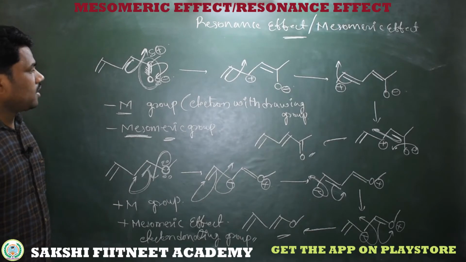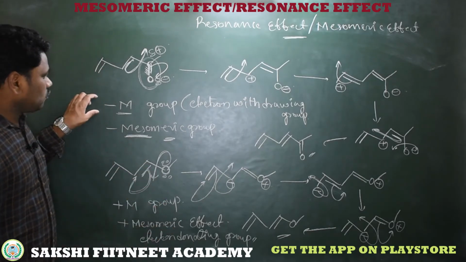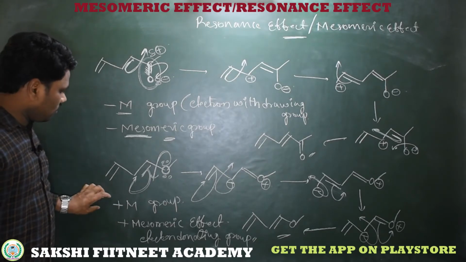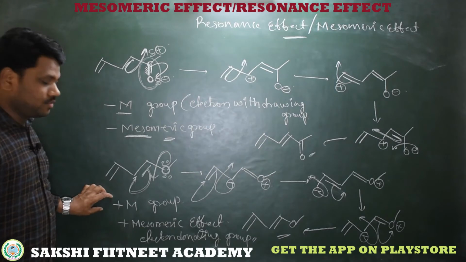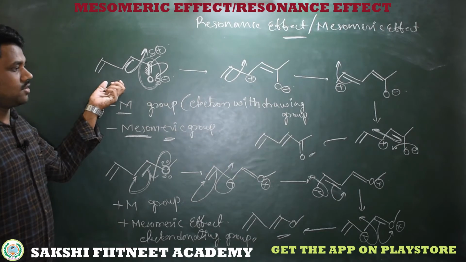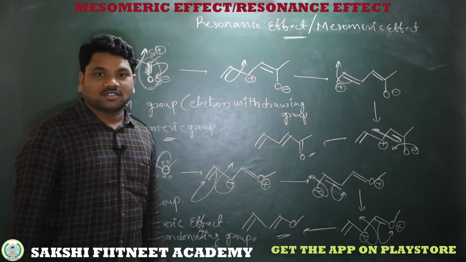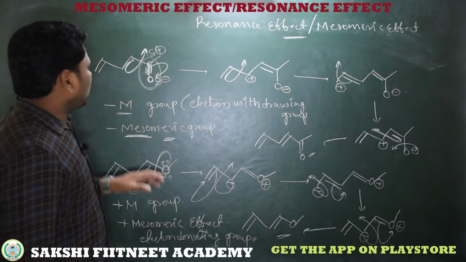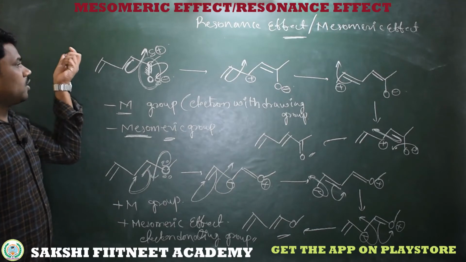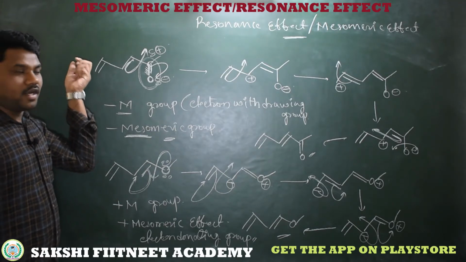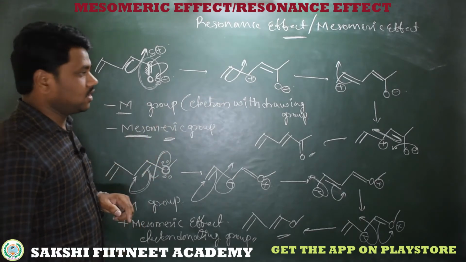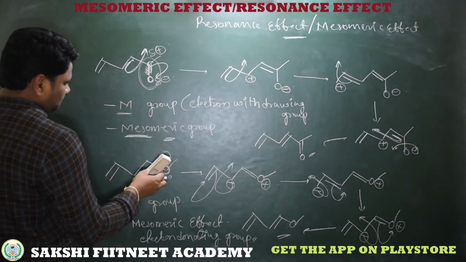I hope you understand well what a minus M group is and what a plus M group is. Minus M group or minus R group, plus M group or plus R group: simply, a donating group with conjugation, and a withdrawing group with conjugation. So these are the resonating structures. Now we will discuss a mono-substituted benzene. Based on the characteristics of the substituent, we will get different resonating structures in a benzene ring. Let me explain.